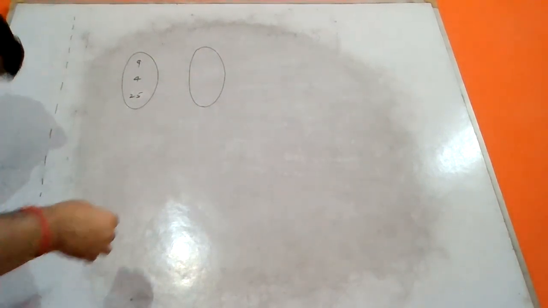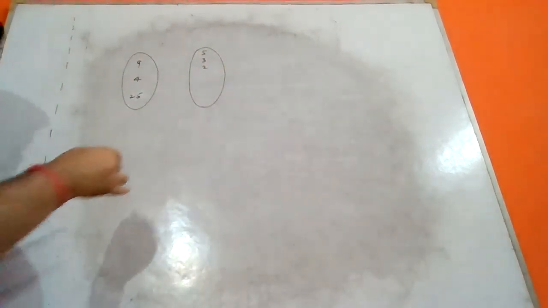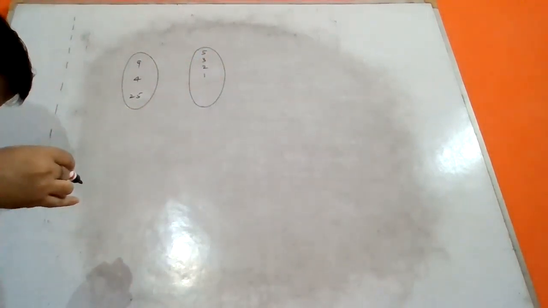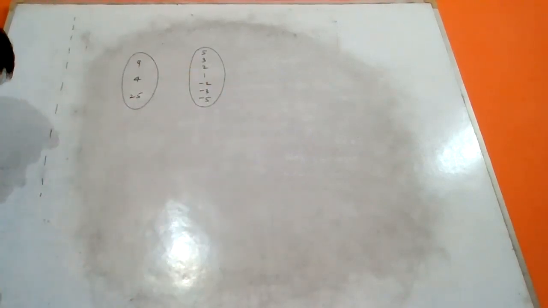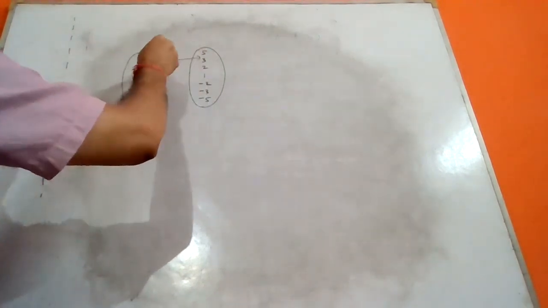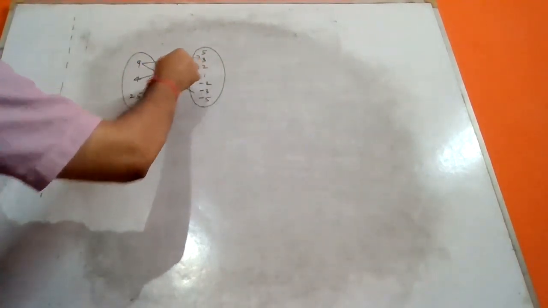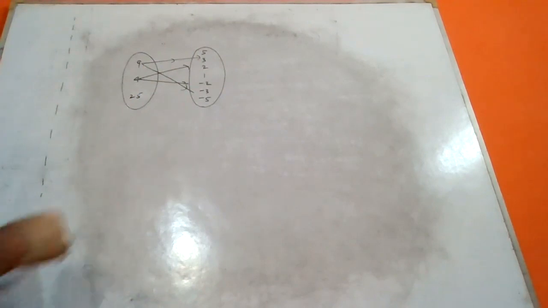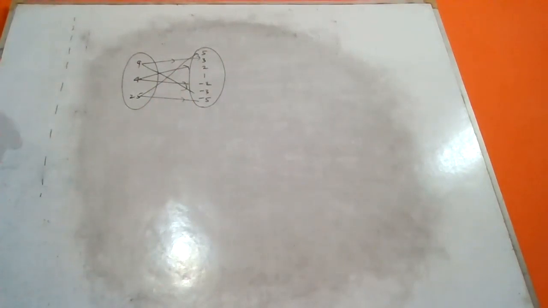And the second set here is what? 5, 3, 2, 1, like this, and again with minus signs: -2, -3, -5. These two diagrams are given in our question, and they also relate the elements between them. Here 9 relates to 3 and -3, 4 relates to 2 and -2, and 25 relates to 5 and -5. This is also given.